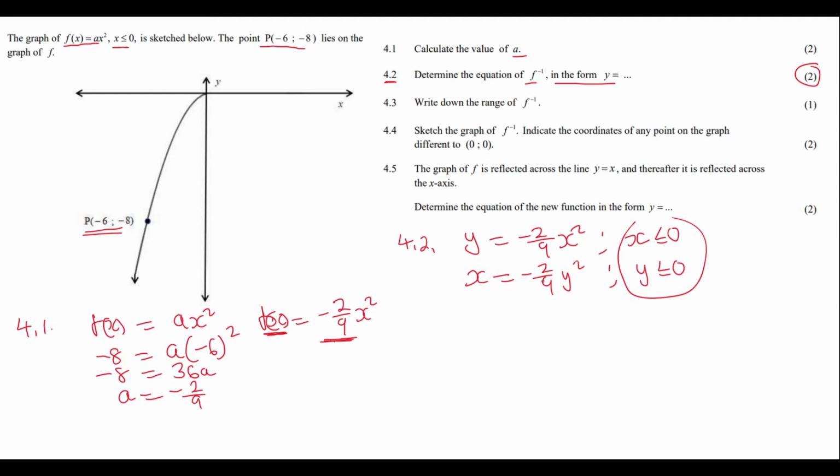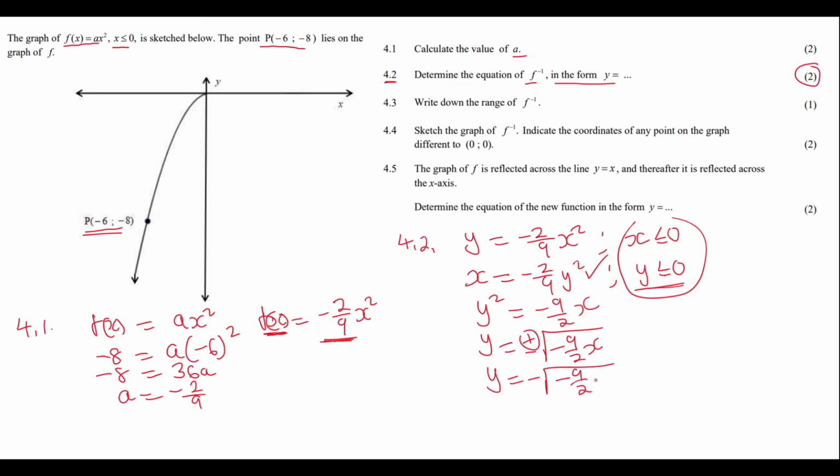And then now we have interchanged. We have our mark here. The next step is to make y the subject of the formula. So we divide by -2 over 9 on both sides of the equation. Y squared is equal to -9 over 2 x. Okay, and then we square root both sides. Y is equal to positive or negative square root of -9 over 2 x. But we have a condition here. Our y should be less than or equal to 0. So we discard the positive answer here, because our y should be 0 or negative. So we remain with y is equal to